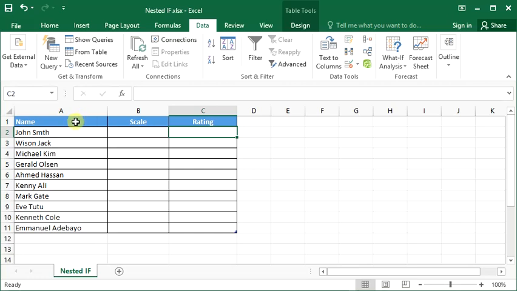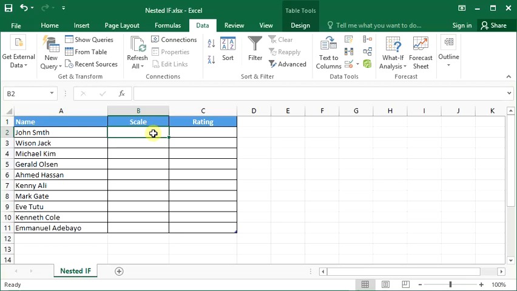I would like to create a customer satisfaction survey sheet where customers are meant to rate the experience in the scale of 1 to 10, with 10 being the highest. In this scale, customers who rated below 6 are captured as detractors, whereas customers who rated 7 and 8 are captured as passive, and customers who rated 9 and 10 are captured as promoters. In this kind of scenario, the best option to use is nested if, and that's why I would like to